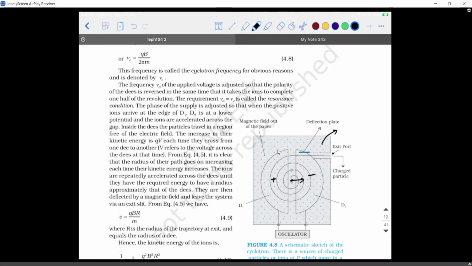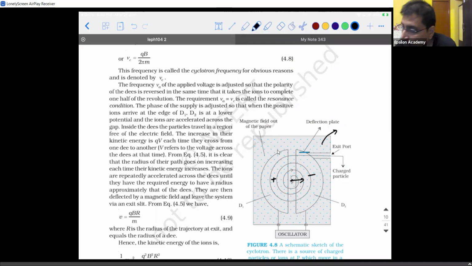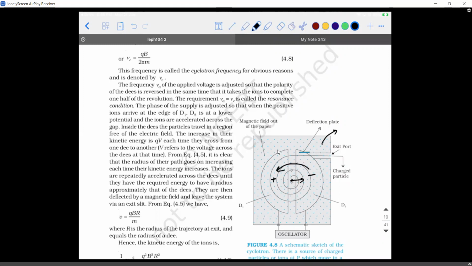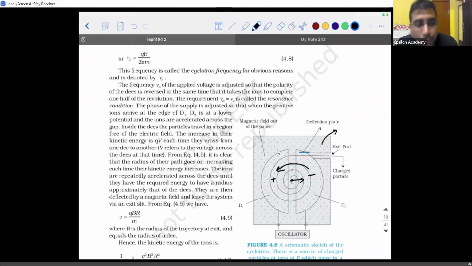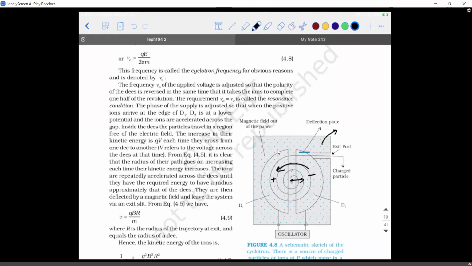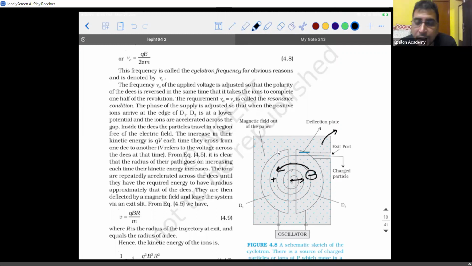So for that to be avoided, what should happen is the polarity should change. Is that why we have alternating current, to change the polarity? That's what I'm telling, the reason why it is alternating. Okay, because it is going to get attracted here, we need to ensure that the polarities are changed with respect to time. When you change the polarity, what will happen?